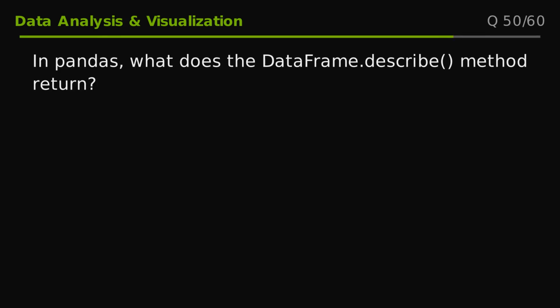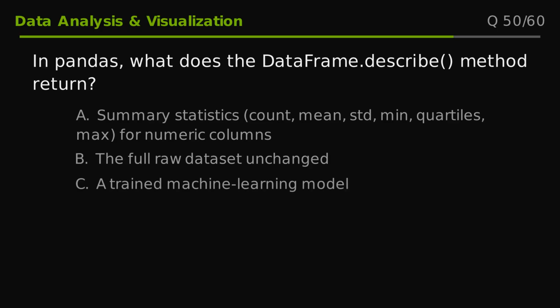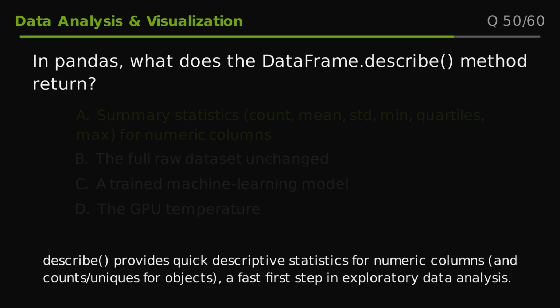Question 50. In pandas, what does the DataFrame describe method return? Option A. Summary statistics: count, mean, min, quartiles, max for numeric columns. Option B. The full raw dataset unchanged. Option C. A trained machine learning model. Option D. The upper temperature. The correct answer is A. Describe provides quick descriptive statistics for numeric columns and counts and uniques for objects, a fast first step in exploratory